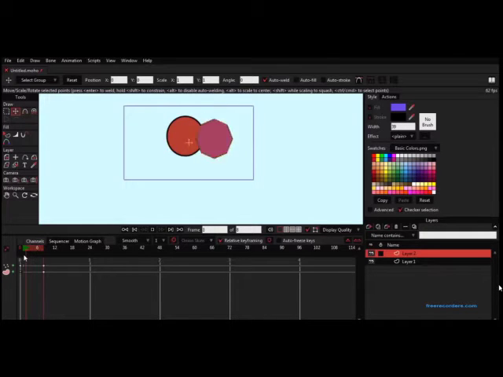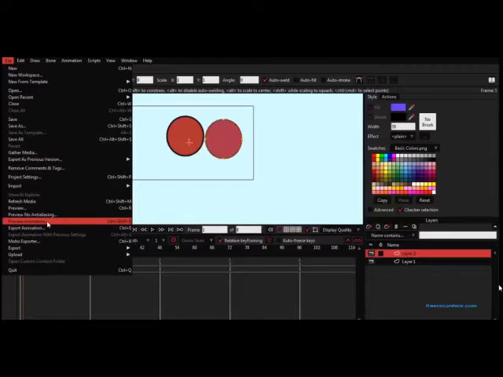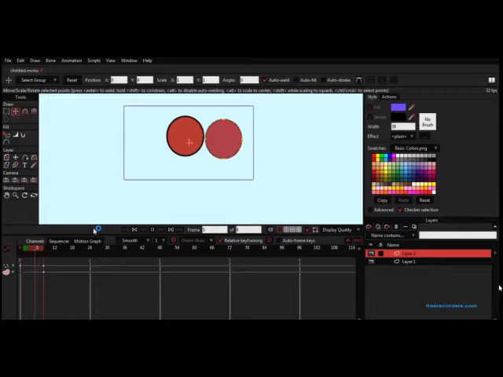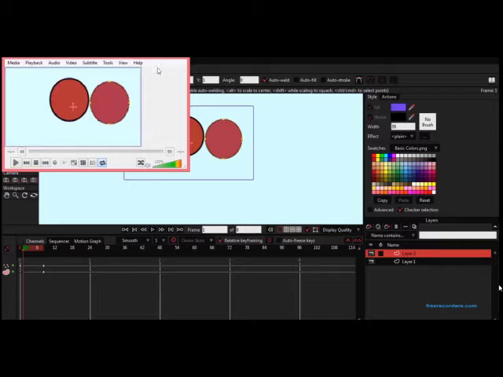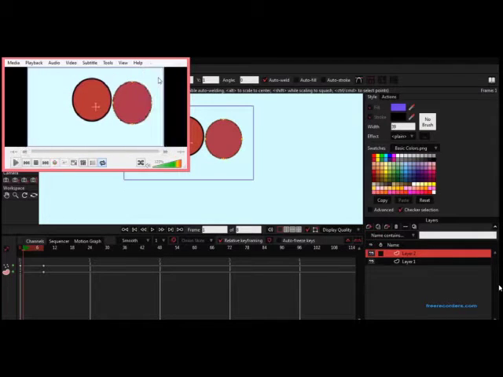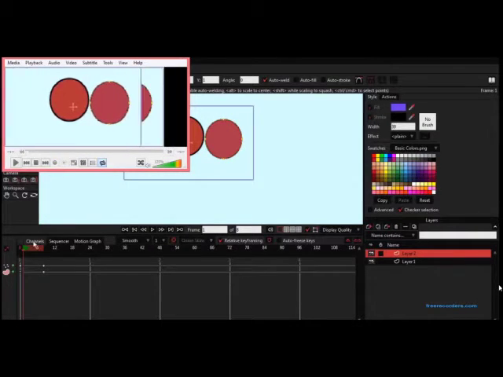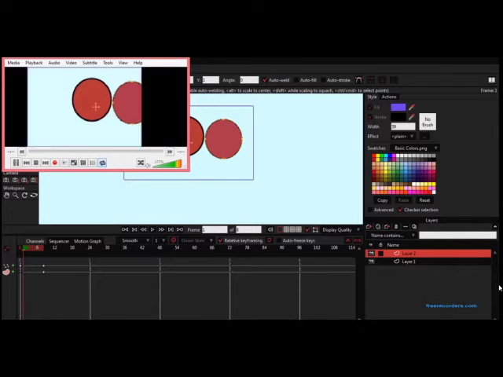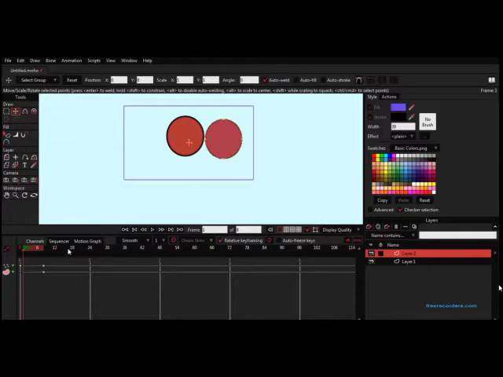Not looking good, but for a start it looks okay. Now I'm going to render this out from file, then preview animation, which is going to open my player. It's not looking that good, but you get the idea. It's less than a second, so it's going to do that. But if I stretch it out to 1 second,